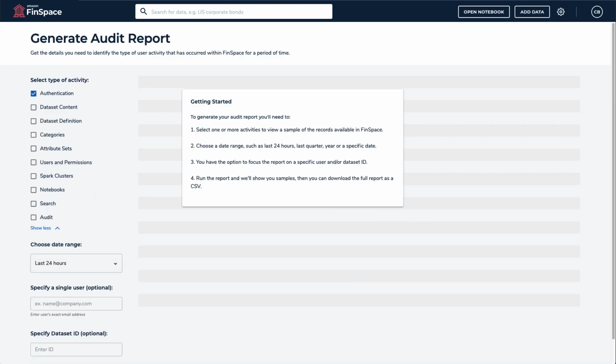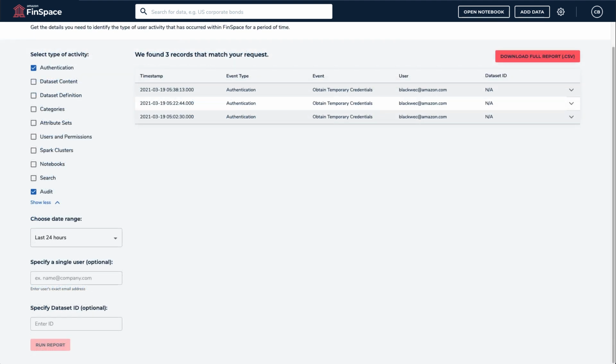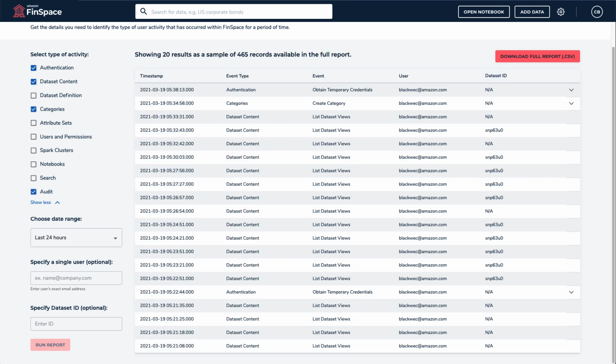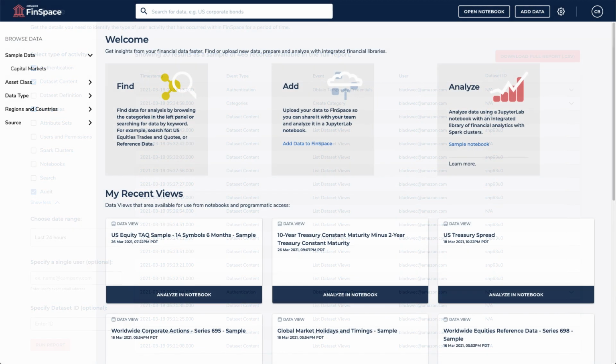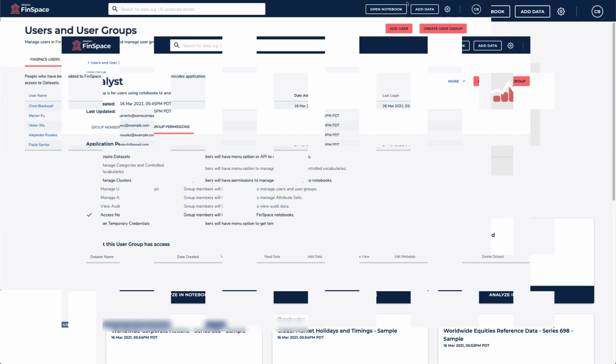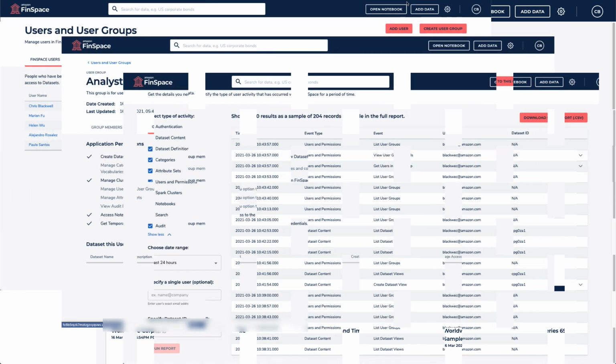The audit report is a valuable tool for keeping track of activity in your FinSpace application. Every change in access activity is logged and can be reported. You can select any time period, see the activity of specific users or specific datasets. Once a report is complete, you can see the first 20 entries in the interface and download the report as a CSV file for further analysis. Amazon FinSpace supports your organization's compliance requirements by allowing you to specify and enforce your data access controls and maintaining audit logs.